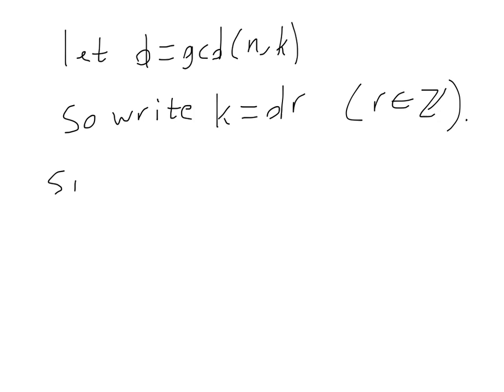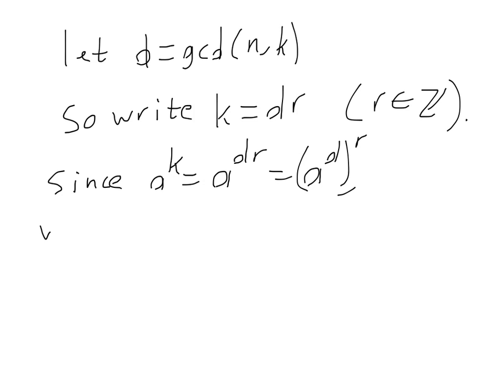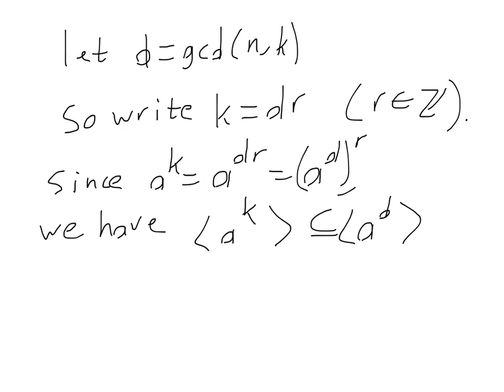So since a to the k is equal to a to the dr is equal to a to the d to the r, we have that the cyclic group generated by a to the k is a subset of the cyclic group generated by a to the d. So I basically showed that a to the k is some power of a to the d. Alright, now